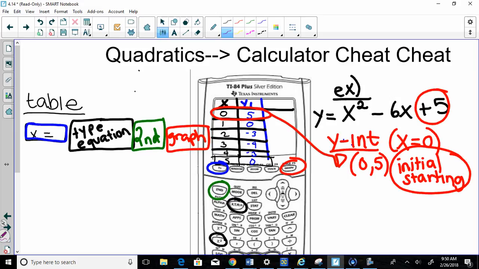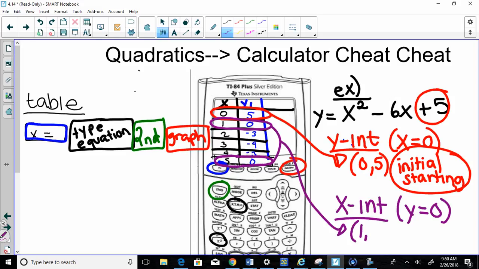What about your x-intercepts? When y equals 0. Good. So when my y equals 0, we see there's 1, 0 and 5, 0, right? So these two are our x-intercepts. 1, 0 and 5, 0. What else do we call x-intercepts? Everyone got this question wrong on their